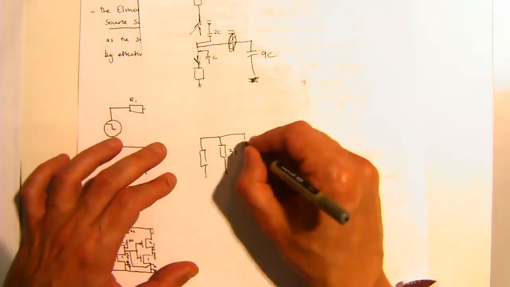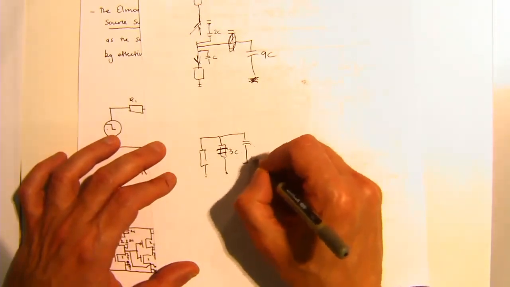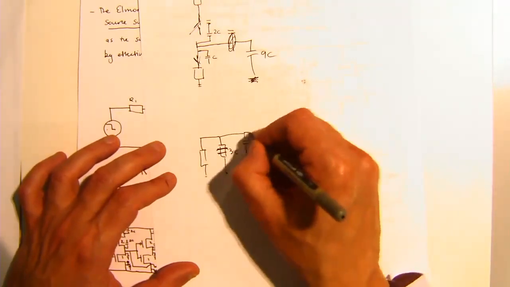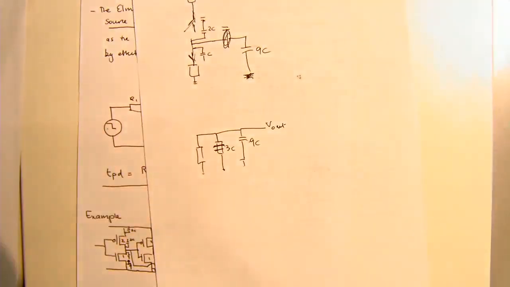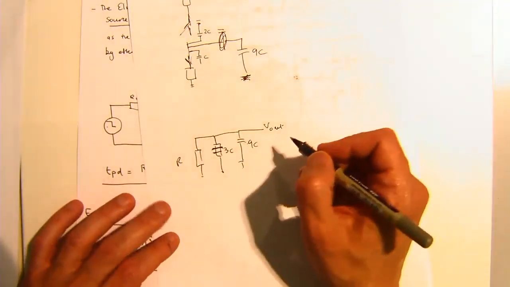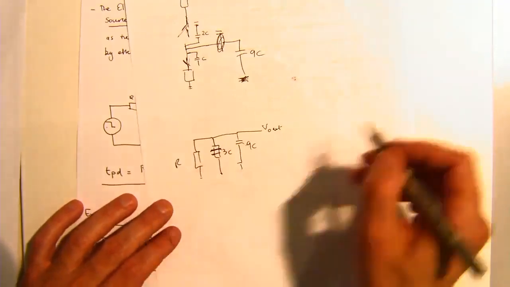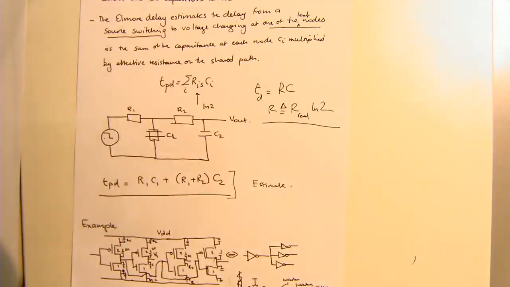So we've got 3C plus, that's 9C. Okay. All right, so that's for our falling edge. That gives us our equivalent circuit. So we've got R and 12C, right? And I'll let you guys go through the process of working out